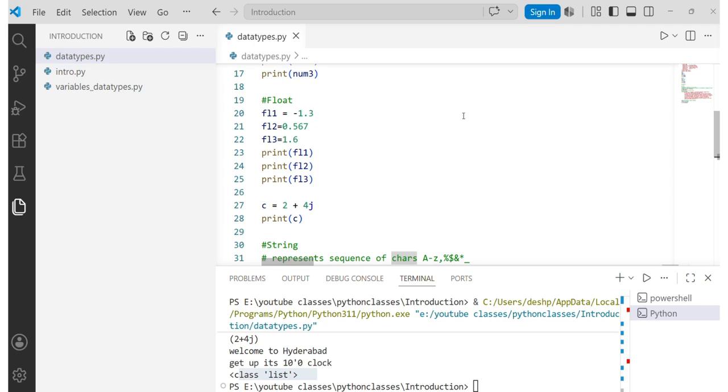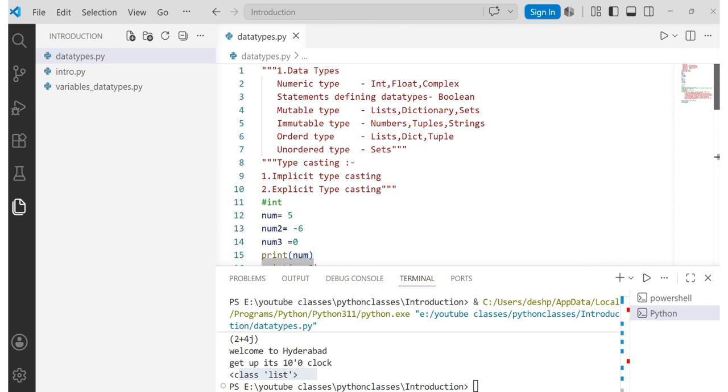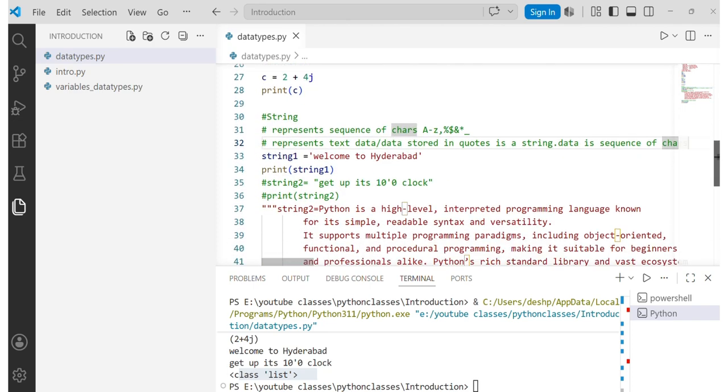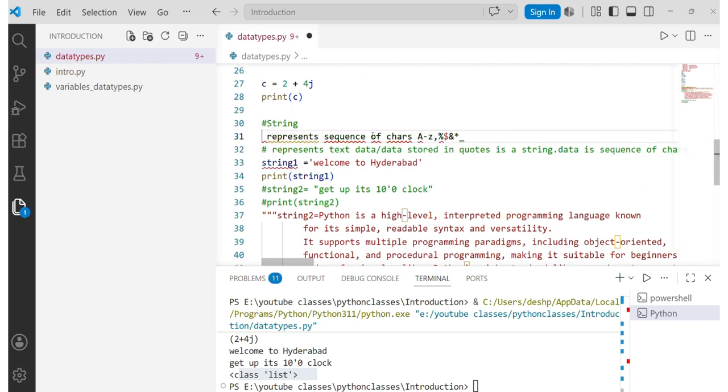We are going to deal with strings and mutable, immutable, ordered and unordered data types. Coming to strings, a string represents a sequence of characters, from A to Z, special characters and underscore, and it represents text data. We can say that the data stored in quotations is a string. The data may be of any special characters, right? So for example, if we take